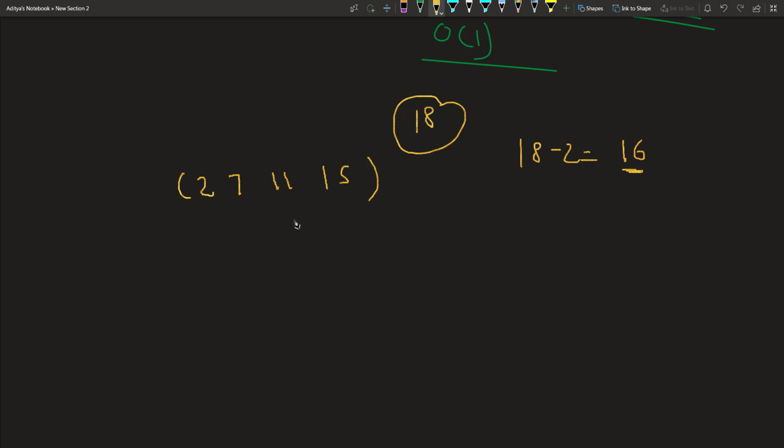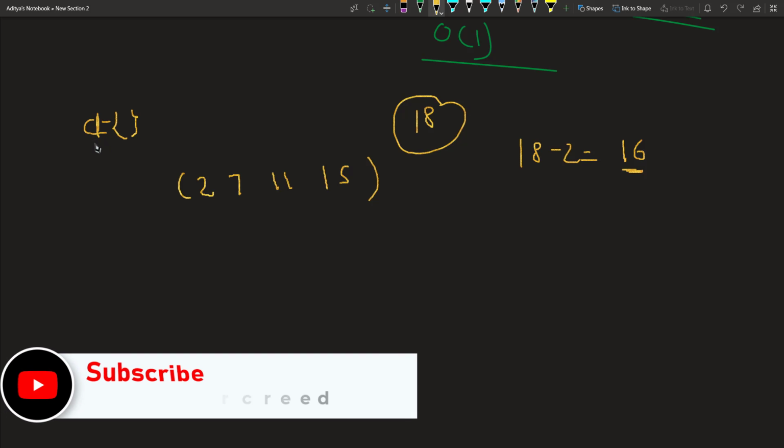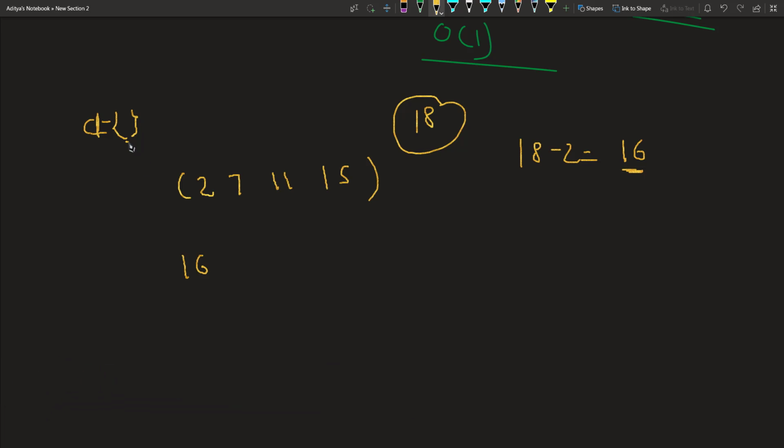First of all, we are going to initialize an empty dictionary. Don't worry, we are going to have a look at the code, but for here, just let me explain with this. So here we can initialize our empty dictionary as D. Then we can do the subtraction of 18 minus 2, and check if 16 is in our dictionary or not. 16 will not be in our dictionary, since the dictionary is initially empty, so we are going to add our element to the dictionary. Then we can add 2 and its corresponding index, with 2 as a key and 0 as the value,